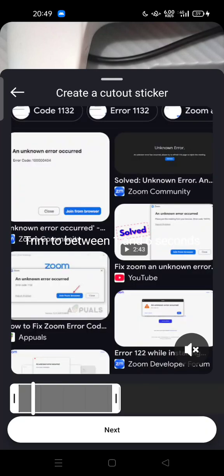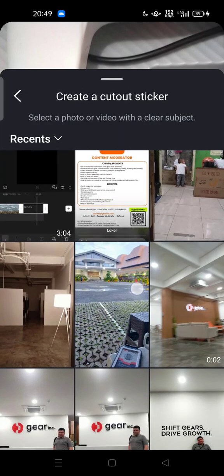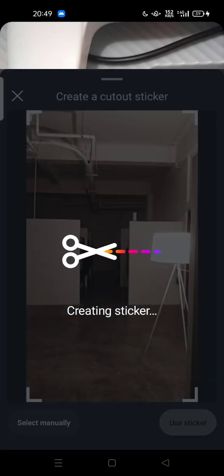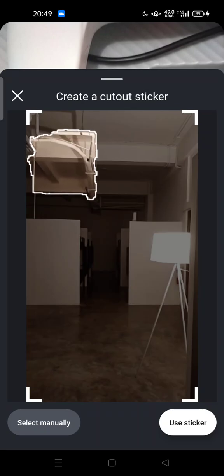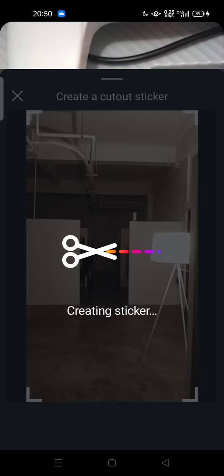This one, for example, this is the video, sorry. Let's try to tap on the image. Now the sticker will be automatically created by the application. You have to wait. If this sticker doesn't satisfy you, you can select manually. You can continue tapping until you completely capture your object. For best results, only select a single object. For example, this lamp. Now wait for the process,